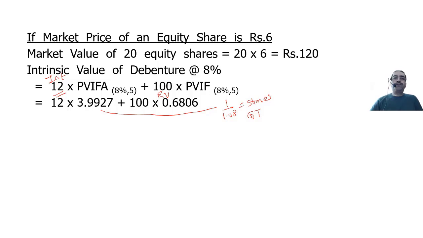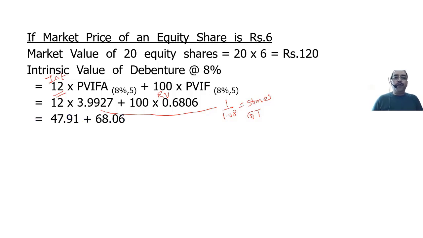Alternatively, you can take the values that they have given. If they have not given them, I'm telling you how to calculate. They have given 3.993 and they have given 0.681. So you can take those figures also, no problem. In case the values are not given, you can calculate and arrive at these figures. Okay, then